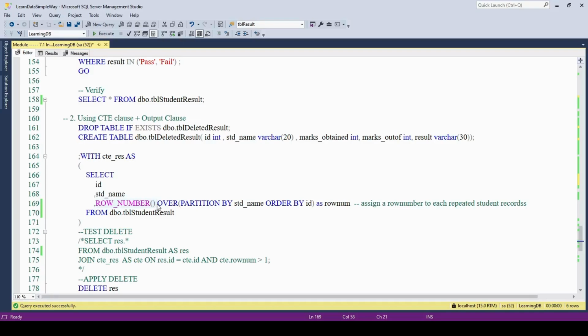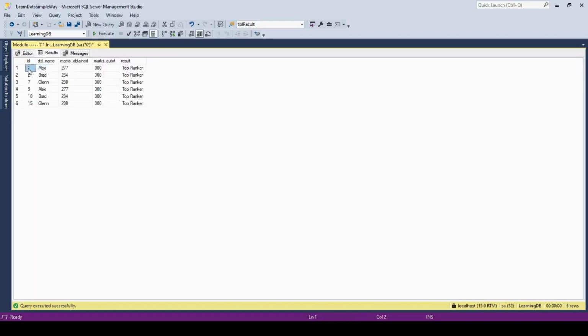To do that, there are window functions, which will be a subsequent topic that I'll be covering in a future class. But for the purpose of an example, I want to cover it here. To identify such a row sequence, consider when the records were inserted into the table, which was the first record? This Alex record was the first record to the table, correct? Then the second time this was inserted, it will be given 2 as a sequence. So to give it in the right order for a particular student,